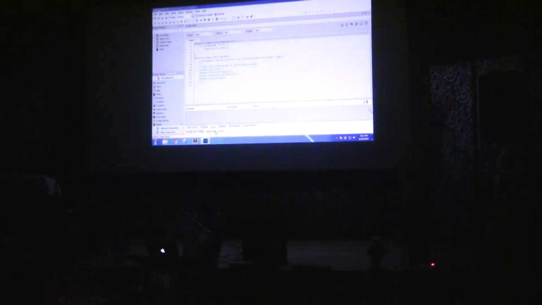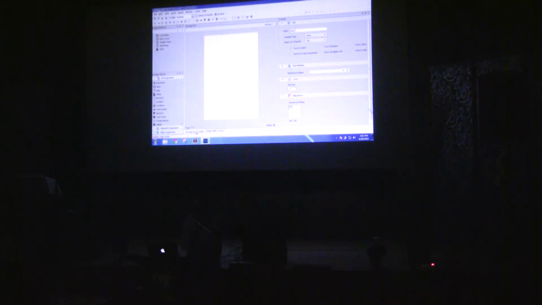Think about it as WebKit without the DOM. That's it. Okay, let's start making a Hello World application. For example, here's what we have: Image. I just drag and drop the image component here.